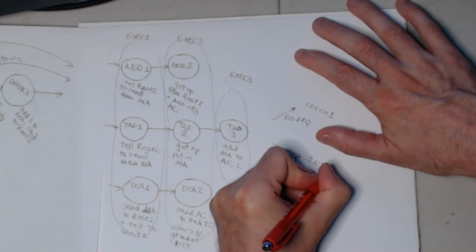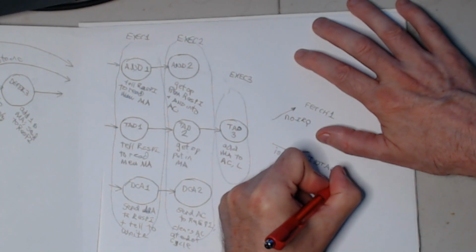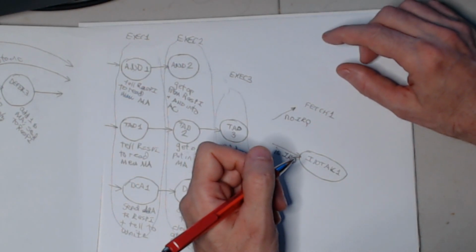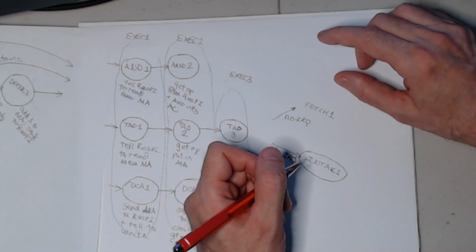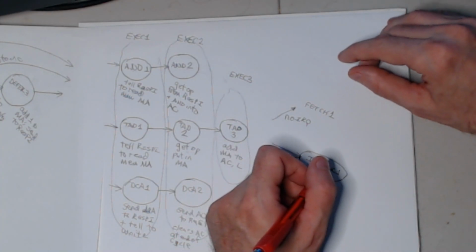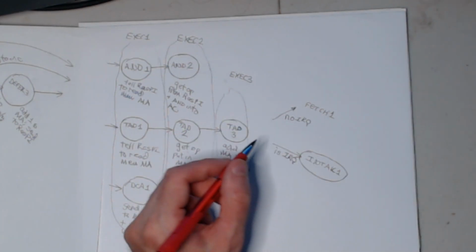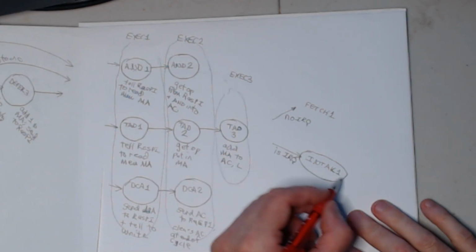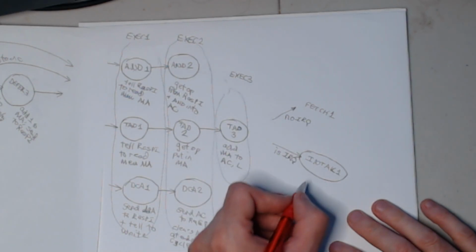And what does a PDP-8 do when it gets an interrupt? It just does a JMS indirect memory location 0, and it also blocks further interrupt requests. So int ac1, it's going to tell the Raspberry Pi